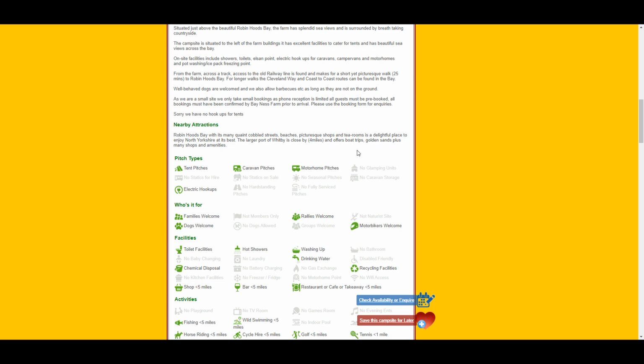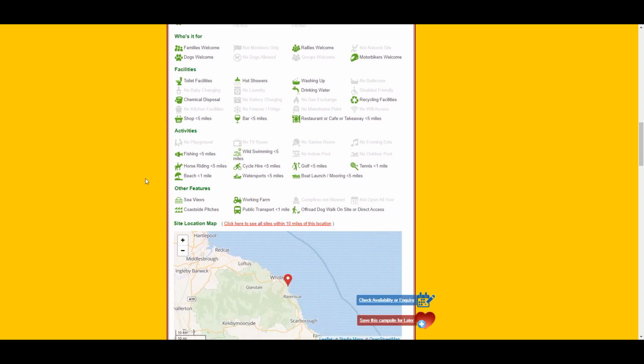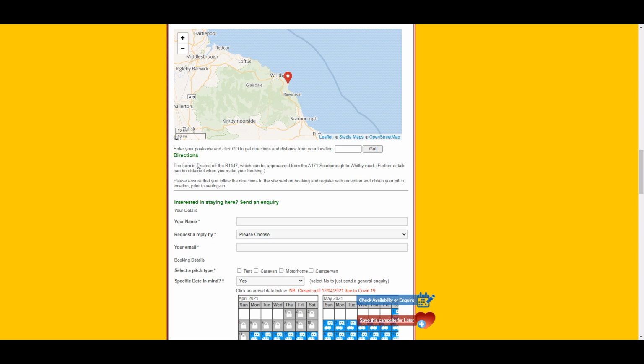4 miles to Whitby, types of pitches, tents, caravan pitches, motorhome pitches, electric hookup, so it gives you all that information. Shows you roughly where it is on the map. You can't break it down to satellite view on this one. Gives you the directions. It does actually state that further details can be obtained when you're booking, so it might